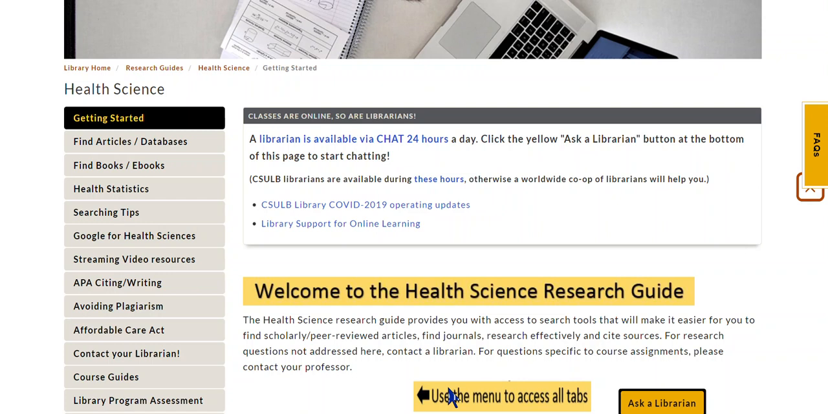Hey guys, so by now you may have watched the video that tells you how to get here to the Health Science Research Guide. Now the research guide is going to have a lot of information, but right now we're going to talk about primarily finding articles in databases. So that's going to be easily accessed from this little tab over here on the left-hand side that says Find